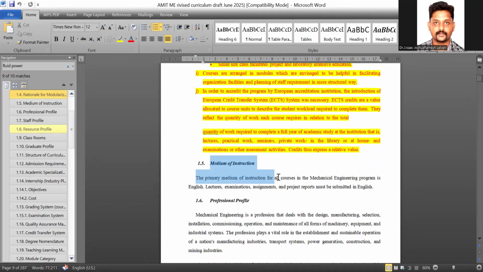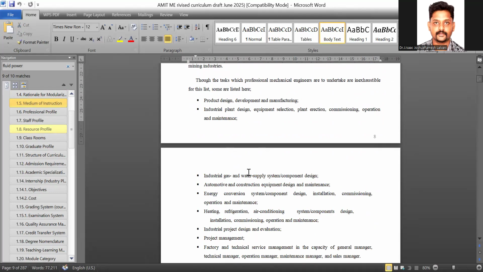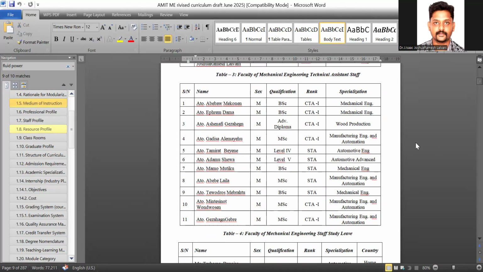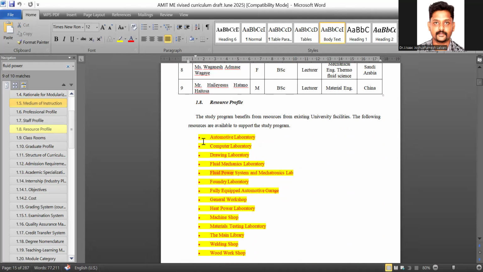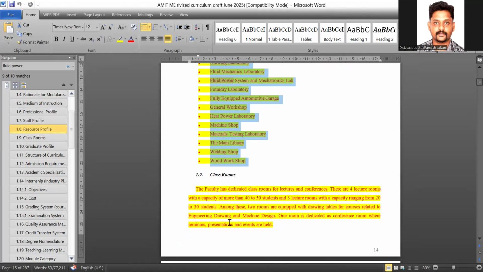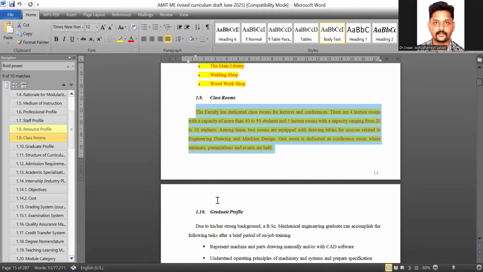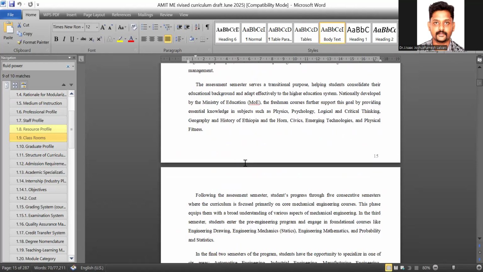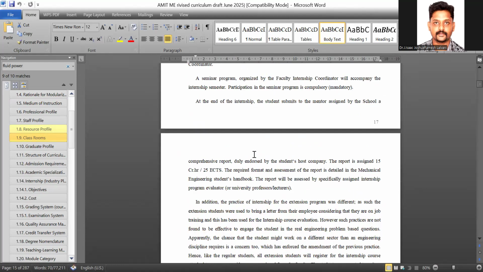And here you can see medium of instruction is added as 1.5, as our chairman went to the other curriculum defense external review meeting. He suggested that, and I added this medium of instruction in this part. And again, all this has already been finalized, and the resource profile and this list have to be updated. I hope Mr. Negusu will have the details of the laboratories and the classrooms, and the capacity of our classrooms. That has to be added in this curriculum since we are approaching the submission.